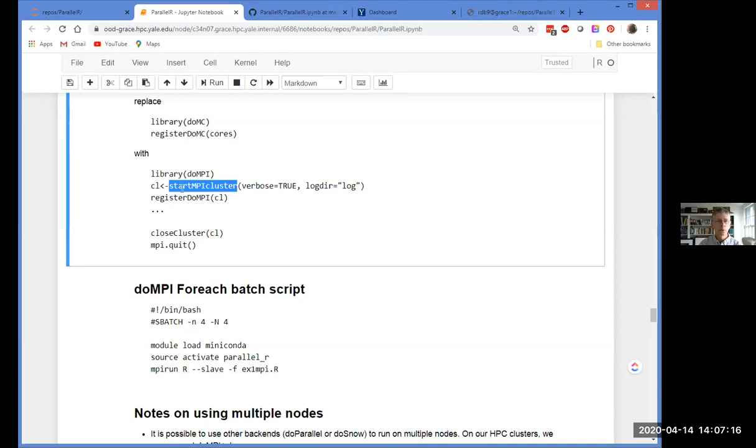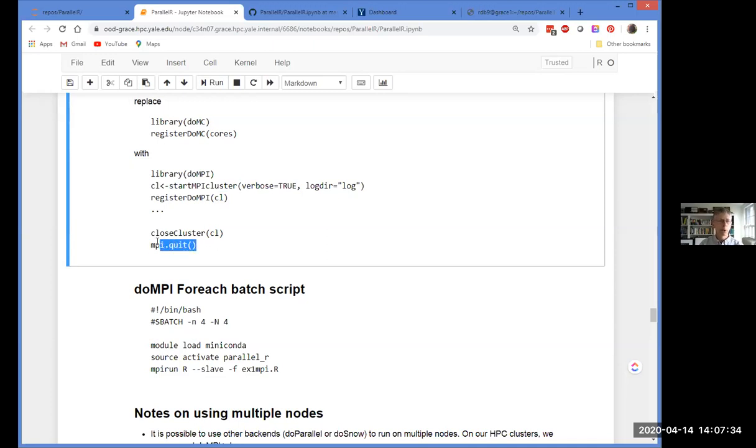So if you do it this way, you don't have to worry about being consistent between your MPI cluster and your Slurm allocation. It'll just work automatically.